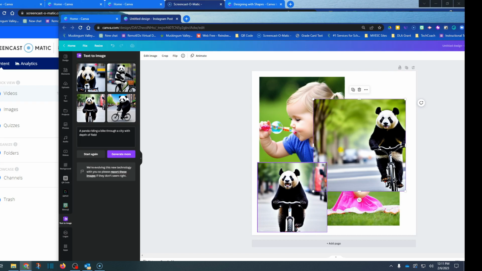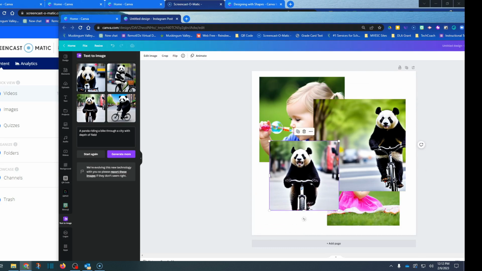Well, sometimes you get those students who are really creative, but they lack the imagination or the ability to draw some of these things. Well, guess what? If you give them some options where they can type in some words to describe what they want generated, they could write stories using this feature within Canva.